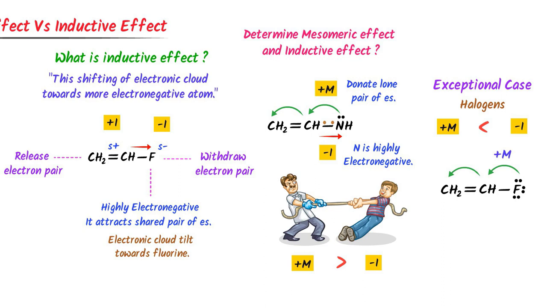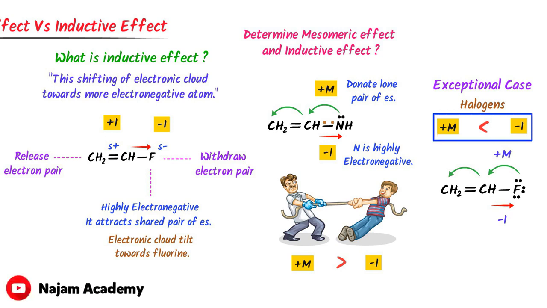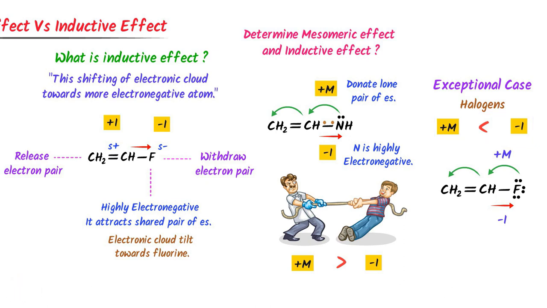On the other hand, fluorine is a very highly electronegative atom. It very strongly attracts the shared pair of electrons. Thus, in this case, inductive effect negative I is more than positive M or mesomeric effect. Therefore, note down all these important points. Now let me teach you the super easy trick to identify positive M, negative M, positive I and negative I